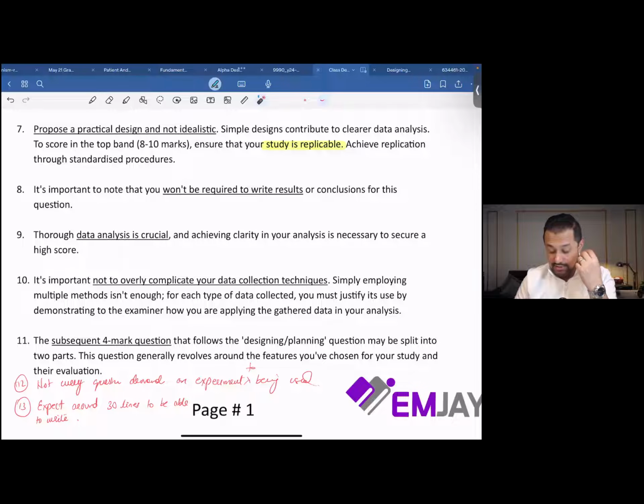in your papers for a 2-mark question, you would get 4 lines. For a 3-mark question, you'd get 6 lines. For a 4-mark question, you'd get 8 lines, so on and so forth. But for this 10-mark question, instead of getting 20 lines, you should expect to get around 30 lines. I wouldn't say that's more than enough, but I believe it is enough for you to come up with a